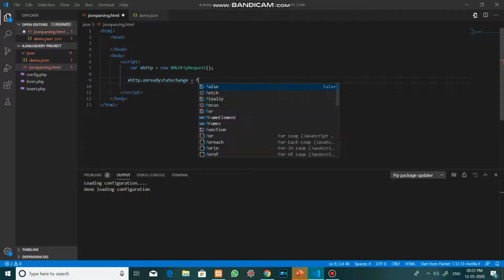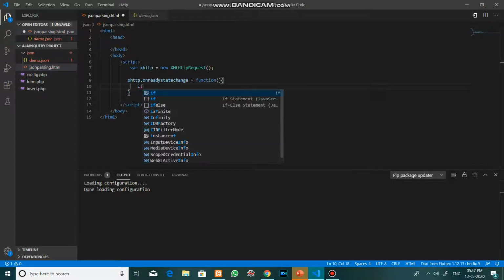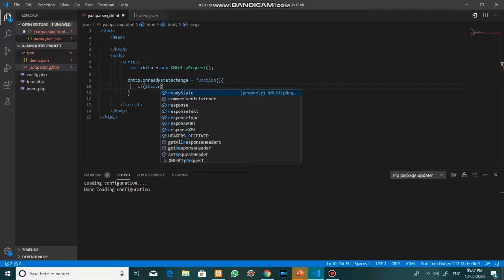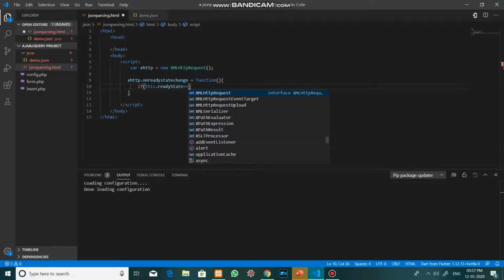Now you call the function, take this and create the block and enter. If this object's readyState is equal to 4